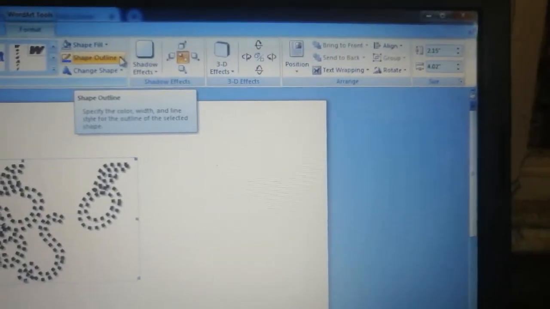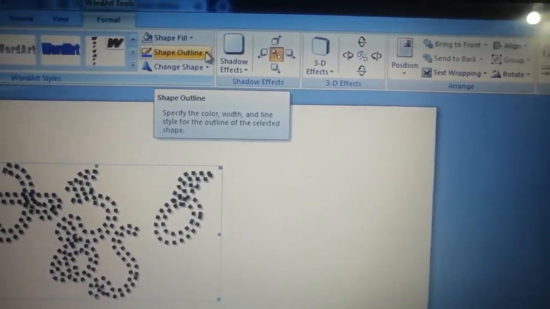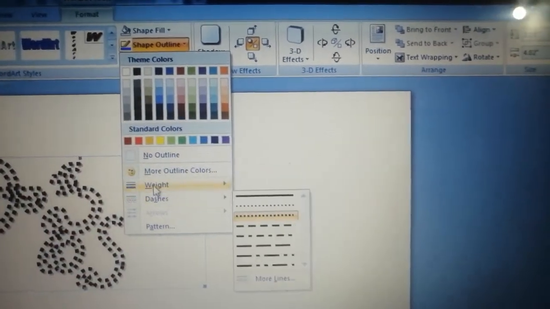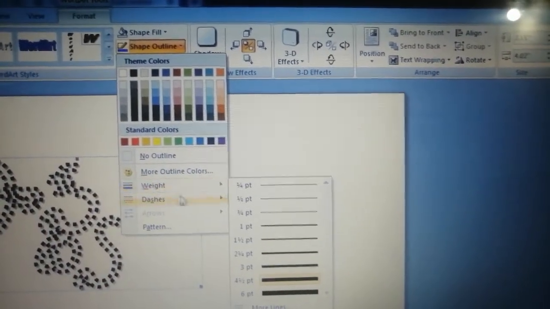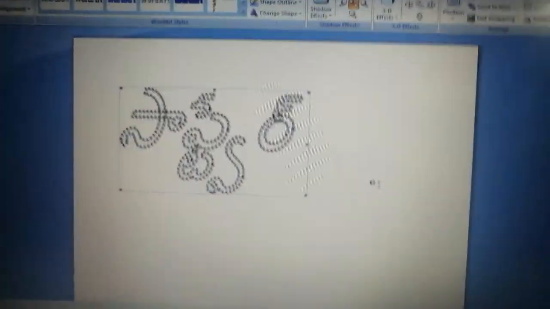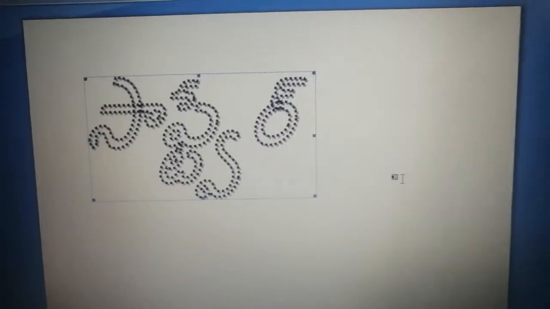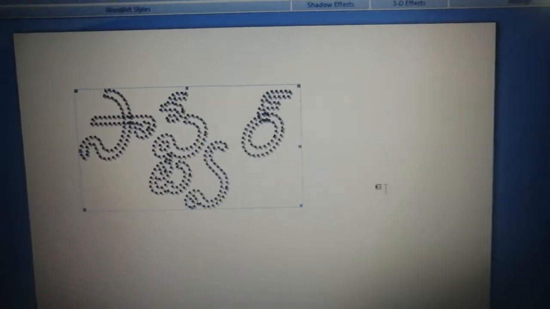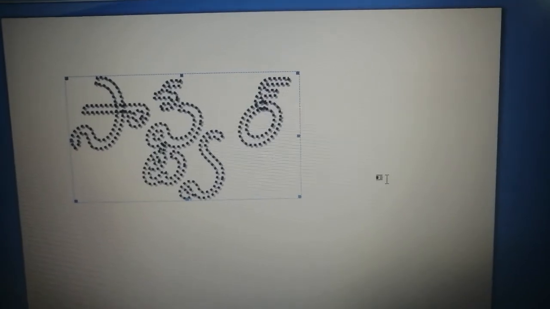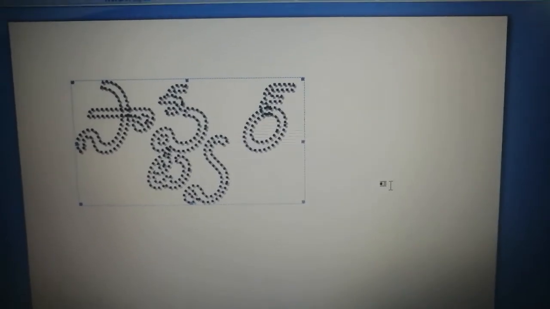One more last trial. Again by selecting this drop down shape outline and in it the weight drop down. Now select this one. Now you can see how it is displayed. This is the way how to create MS Word text in any language.